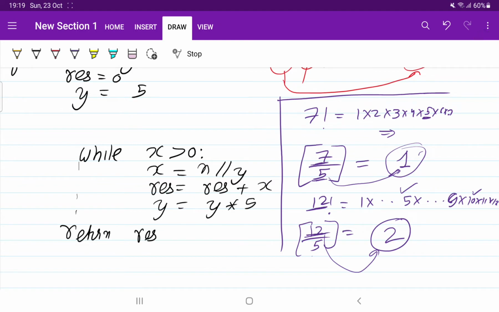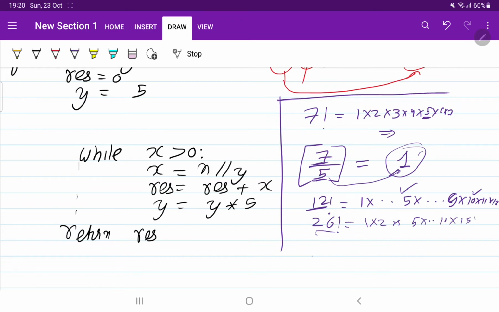Okay, let us think for a big number. Let us think of 26 factorial. Now in 26 factorial, you are going to get numbers like 5, then 10, then 15, then 20, and the last number will be 25. All the numbers in between are also there. So if you divide 26 by 5, you are going to get 5. Now it is saying that there are five 5s present. So one is there in 5, one in 10, one in 15, 20 and 25.